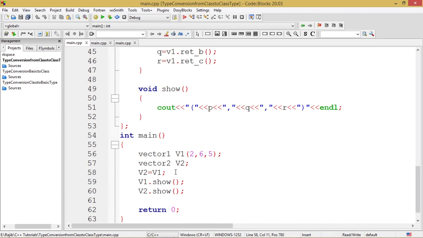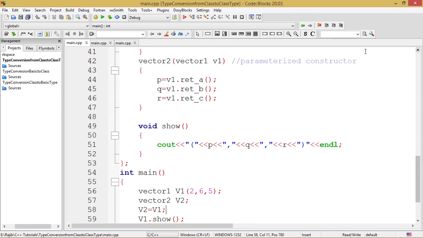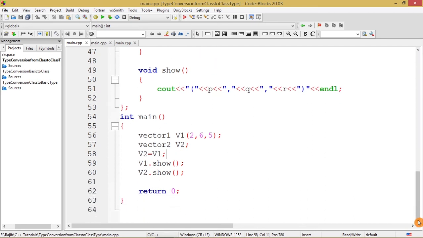So what can we expect from this program? v1 having 2, 6, 5 as the values of a, b and c respectively will be assigned to the v2 data type, with the same values assigned to p, q and r by way of the parameterized constructor explained above: p = v1.ret_a() and so on. v1.show will definitely show 2, 6, 5 as the value of the vector v1, and v2.show should also show the same set of values, but v1 shows the values of a, b and c, while v2 shows the values of p, q and r, which have the same values 2, 6 and 5, because we have assigned the v1 values to v2 in that manner.